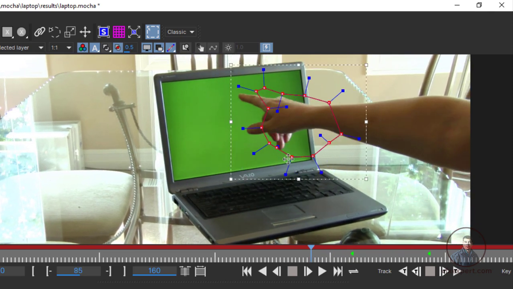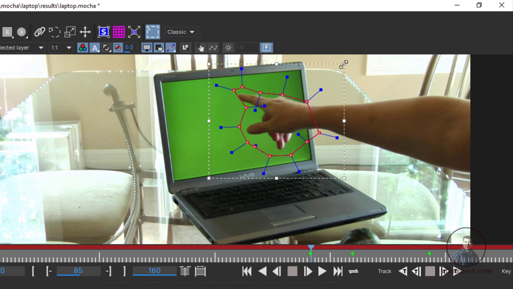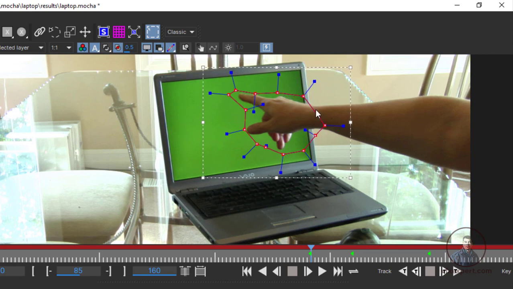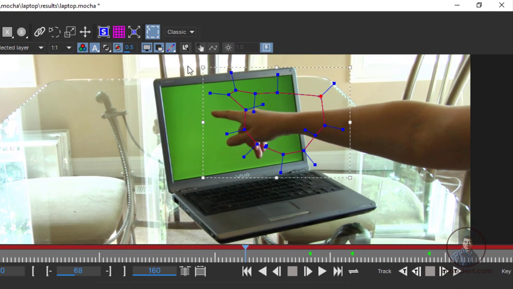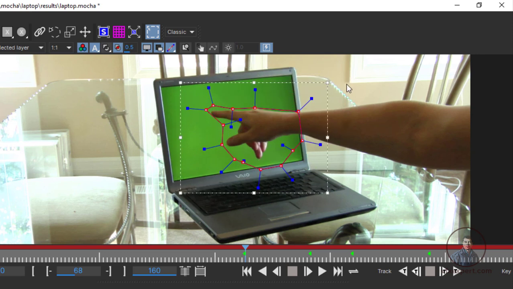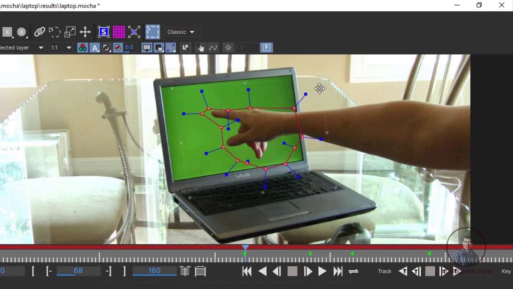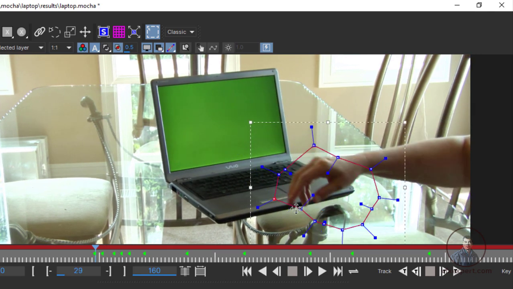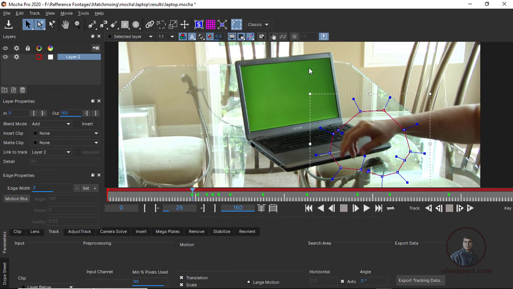Then select all points, then adjust. If you want to rotate, from here you can rotate like this. Select all points, just move your CTI, then simply adjust your mask according to your hand motion. Now till here, you will see your hand is fully out of the screens. So before this, if you want, you can trim your shape.